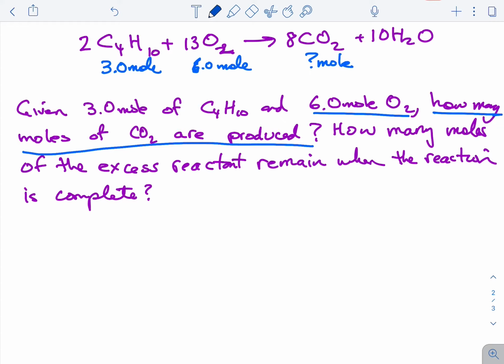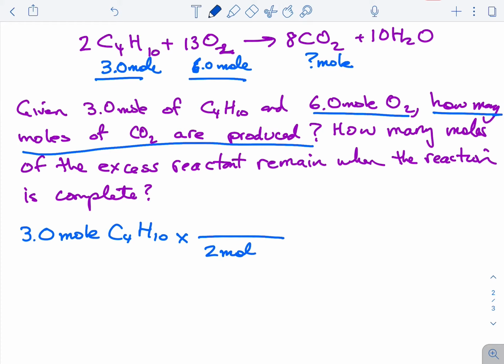All right. Because we have amounts of both reactants, we have to do the calculation twice. So why is that? Because one of them is going to run out and we don't know which one. So we're going to start with this one, the C4H10. The reaction equation tells us for every 2 moles of C4H10, there are 8 moles of CO2 produced. And I'm getting that from the reaction coefficients here, which, by the way,